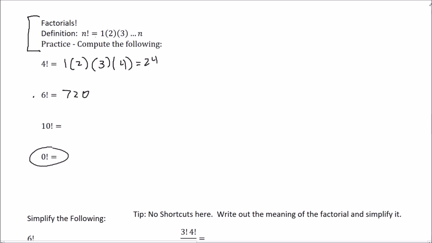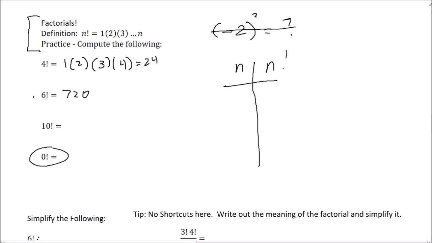Well, and 0. So like -2 factorial, I don't have a way of computing that, because I'm going to keep counting 1, 2, 3 until I get to -2. No. So we'd say that's not in the domain of the function that is the factorial. Okay, so let's try to understand what 0 factorial is, and I'm actually going to show you why it is what it is. Let's look at a little table of values here